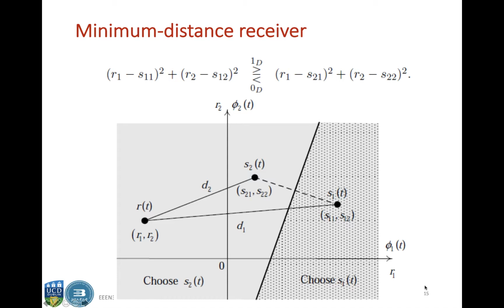So basically, if your received signal is closer to signal 1, then you decide that signal 1 was the actual signal that was transmitted, and if your received signal is closer to signal 2, then you decide that signal 2 was the actual signal that was transmitted, and in that way you can minimize the